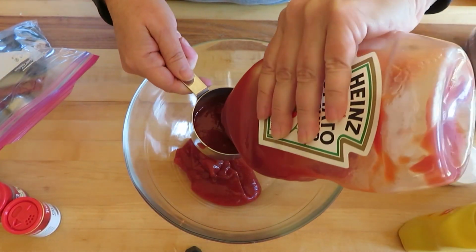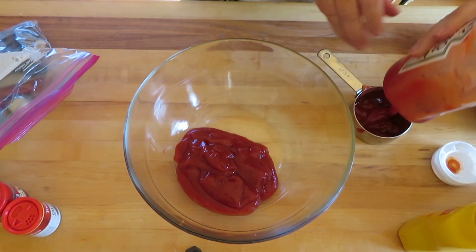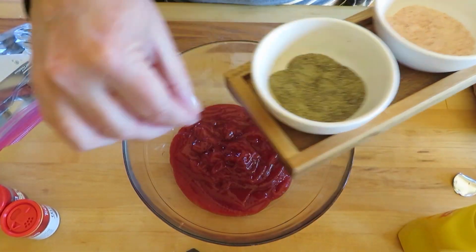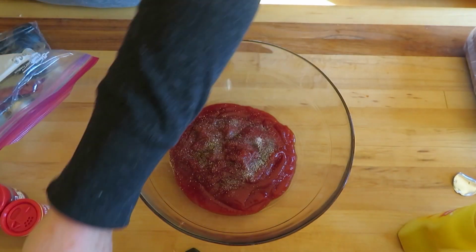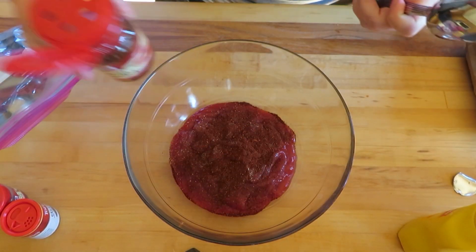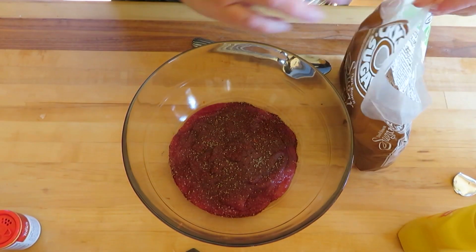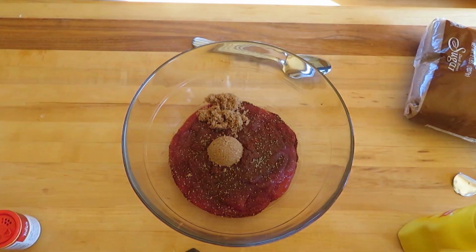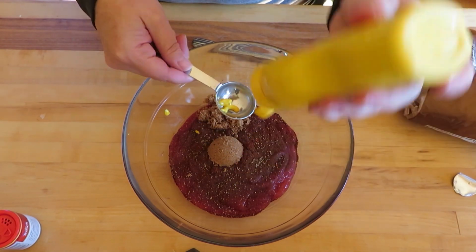Now we will make our sauce. While that hamburger is cooking, you're going to want 2 cups of ketchup. That's a 1/2 cup measuring spoon. And a couple dashes of pepper, a couple pinches of salt, about 3 teaspoons of chili powder, or as much as you want. I just kind of eyeball it. And then 1 teaspoon of ground cloves, a 1/4 teaspoon of celery seeds, and then 2 tablespoons brown sugar, 1 tablespoon mustard,